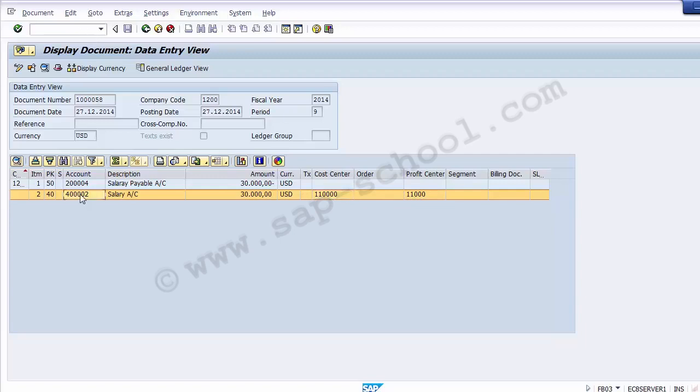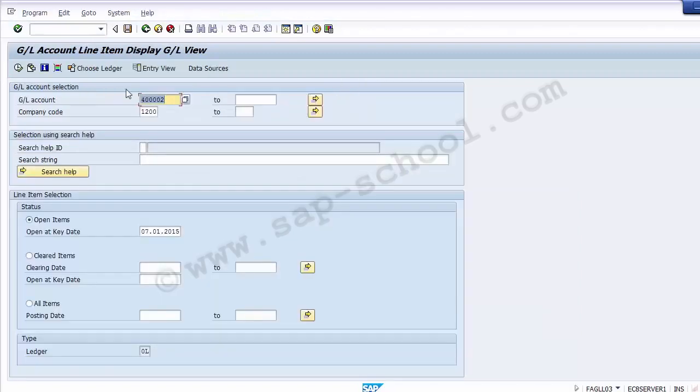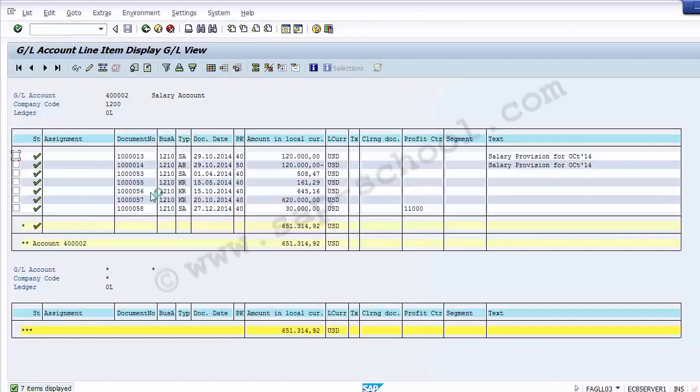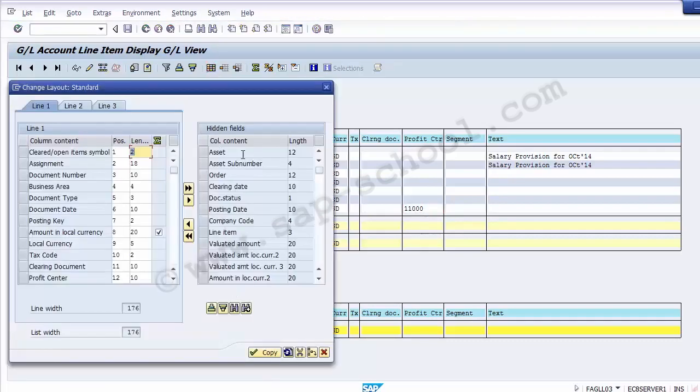And if you go for the salary account or any of these accounts, you can find that in the transaction FAGLL03, enter. Here you can assign the GL, and then we can execute this GL account, and we'll see that even in this you will find the cost center and the profit centers in the GL line item reports as well. So you can see over here, this was the document, and in this there is a profit center reflecting to you. Even if you want to have the cost center, you can go to this layout, change layout option, and in this you can search the cost center on this side,